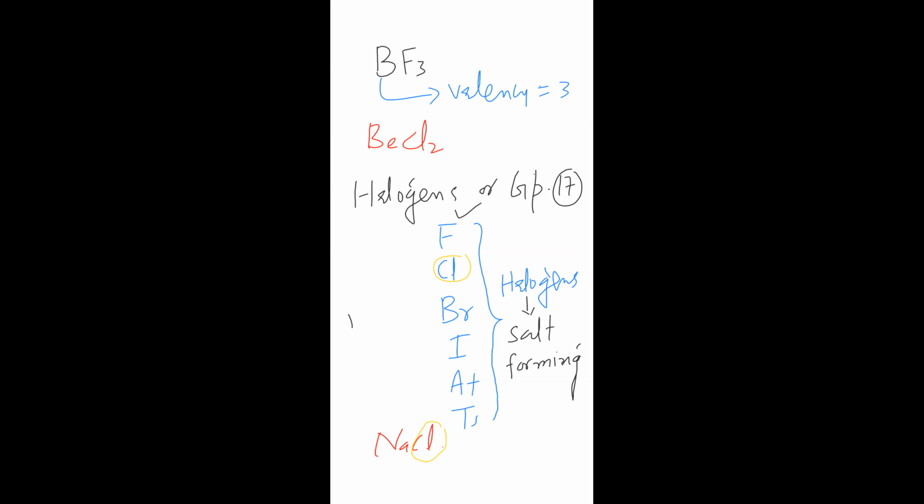For example, you are having potassium bromide. It is also your salt. So it contains Br. Fluorine, chlorine, bromine, iodine, astatine, and tennessine, they are your halogens. Okay. Then we are having sodium iodide, that is NaI. This is also your salt, sodium iodide, a white crystalline solid. So that means here iodine is present. So iodine has formed this salt.